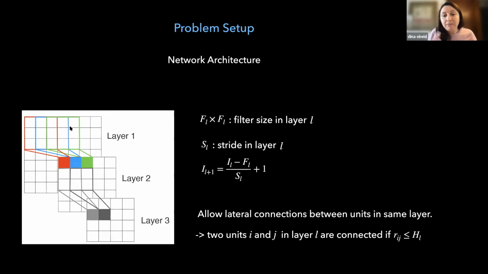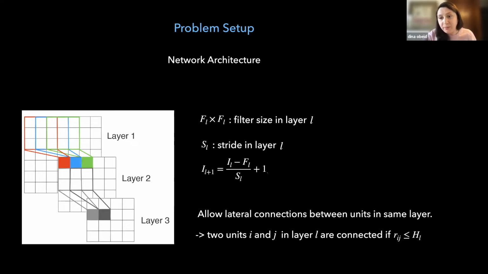So knowing the filter, the stride, and the dimensions of the first layer, you can compute the sizes of the layers above and so on. Again, this is the formula. If people know ConvNets, this is the formula that you see in convolutional neural networks,